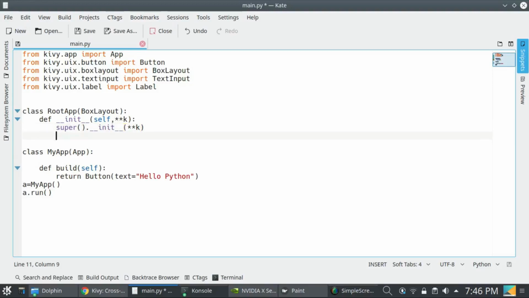So we can set the layout in vertical or horizontal.